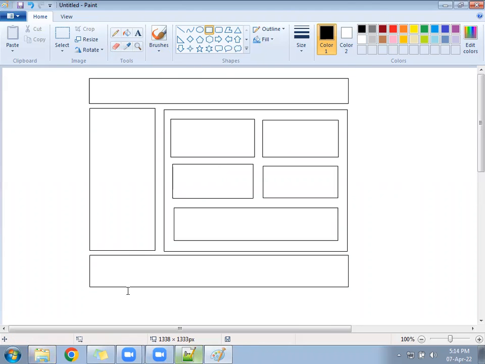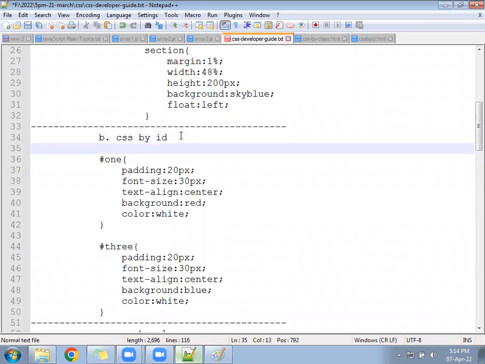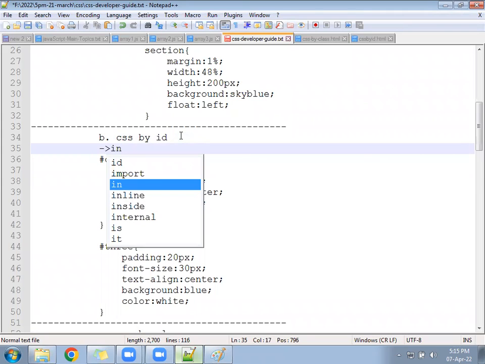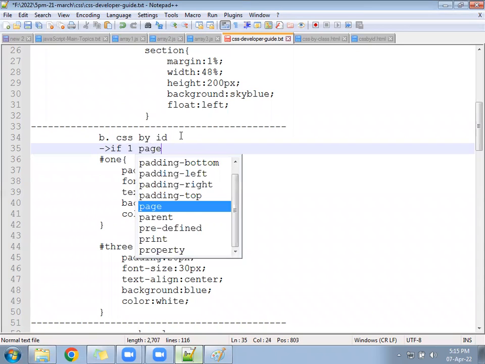Now let me come to the developer guide right here. Where to use the ID? Okay. Where to use the ID? So we can write here, inside a page, or we can write like this: if in a page,